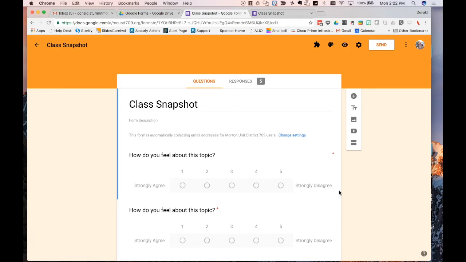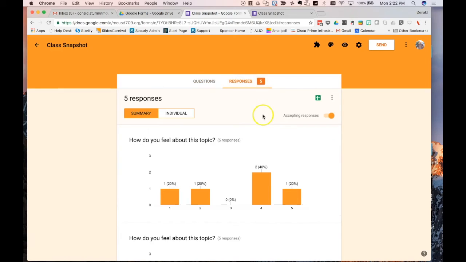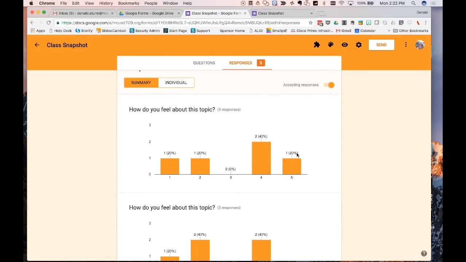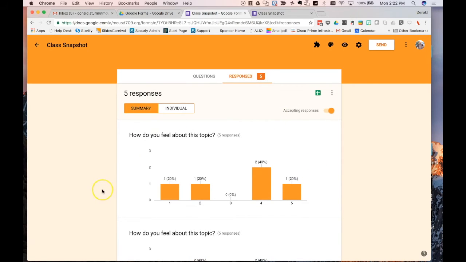I also might add, when I was teaching and I had, let's say, 3 classes of American history, this right here became interesting because I would do one Google form for each class, but then I would show the differences between the classes. So in 3rd hour, I'd had American history 3 times. Why is it that 3rd hour tended to be 4s and 5s, and why is it that the other hours tended to be 1s and 2s? And so, again, it's just a great discussion starter, and I would encourage you to try to incorporate that in